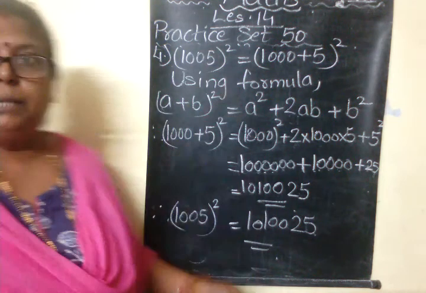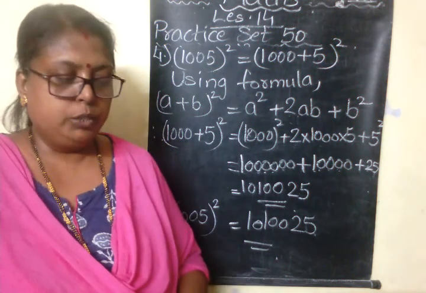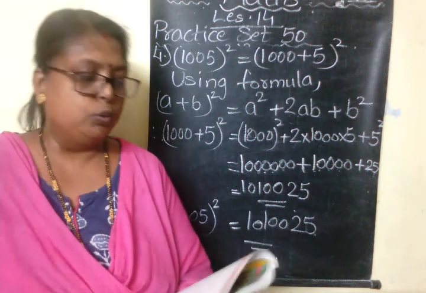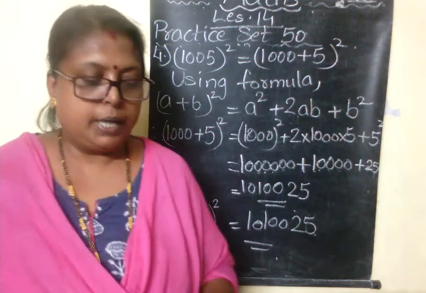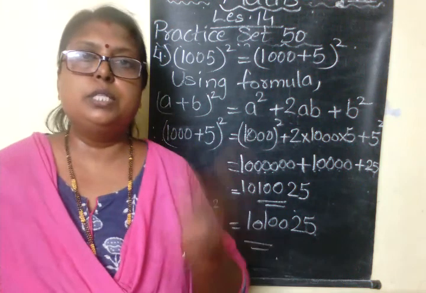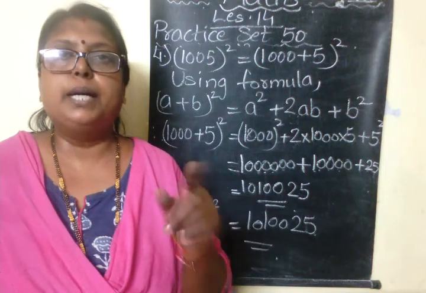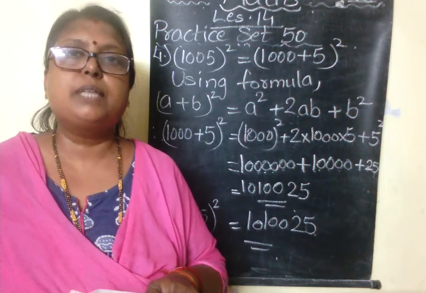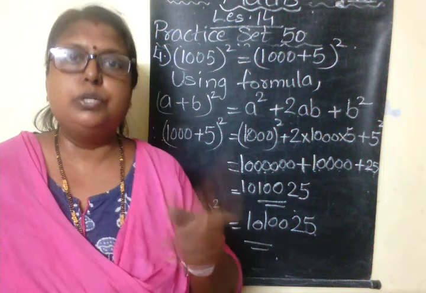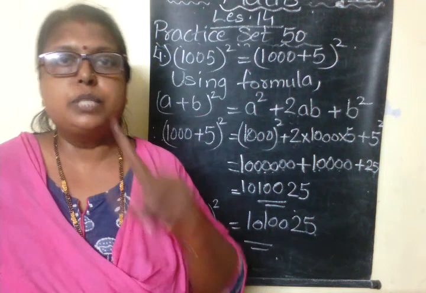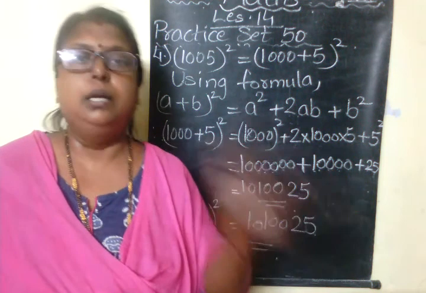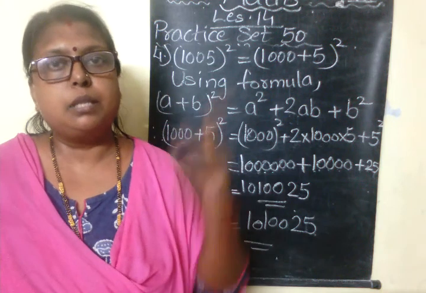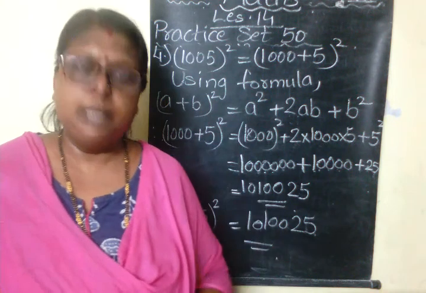So take down the sums. As I told you, of these 4 sums, the second and third sums you have to do. Just I will give you the hint. 102 square, 102 is near to 100, so you expand it as 100 plus 2. And the third one, 97 square. 97 is also near to 100. You can use 100 minus 3, which is 97. Change it into the binomial 100 minus 3 whole square and get the answer.